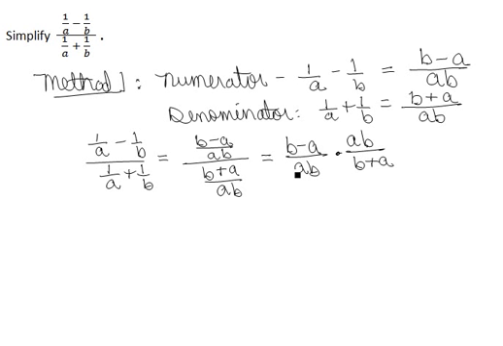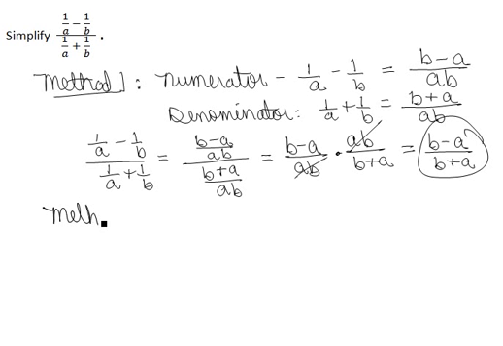So now you'll see that we have a common factor of both a and b in the numerator and the denominator, so we can cancel those, and multiplying straight across, we get the fraction b minus a over b plus a. So that's one method where you rewrite both numerator and denominator as a single fraction and then treat it as a division problem. Now the second method again uses the idea of the least common denominator, but we look